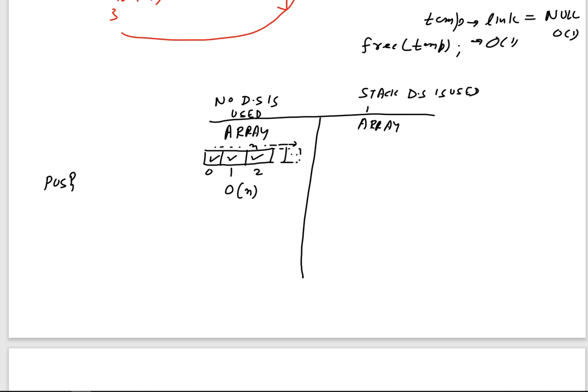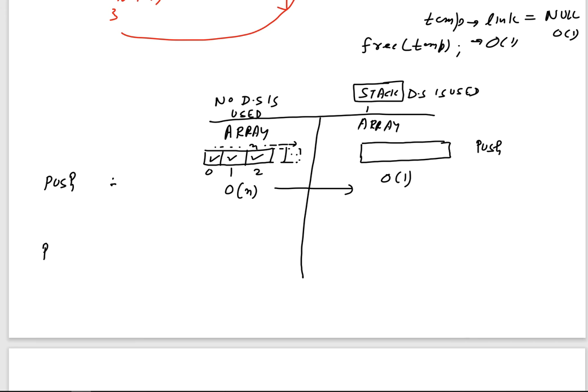But if we have used the concept of this particular stack, and we have seen that the push operation in this will take how much time? Order of 1. So can you see that using the concept of the stack, which we have implemented using the array, we have reduced the time complexity in the push operation. That is the advantage of using the stack as a data structure.